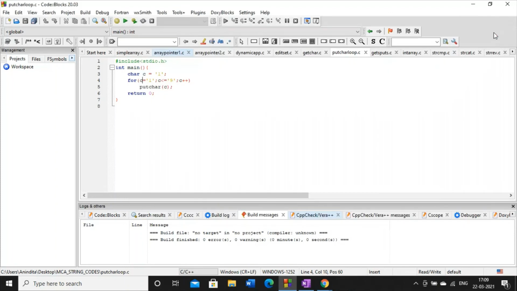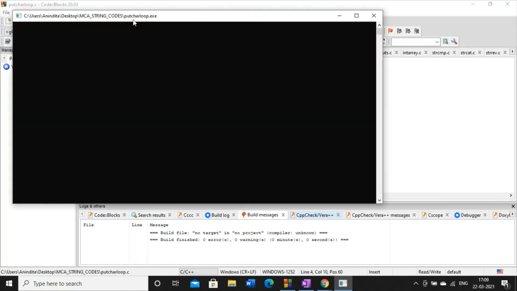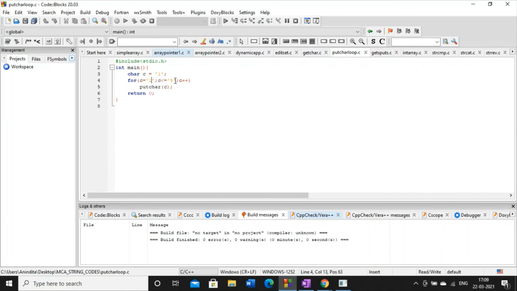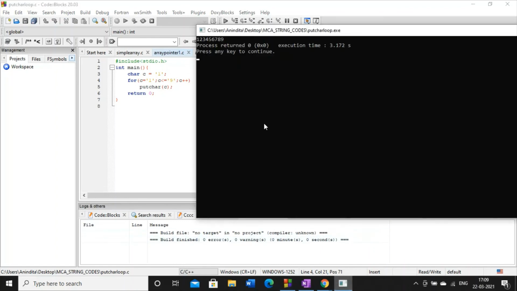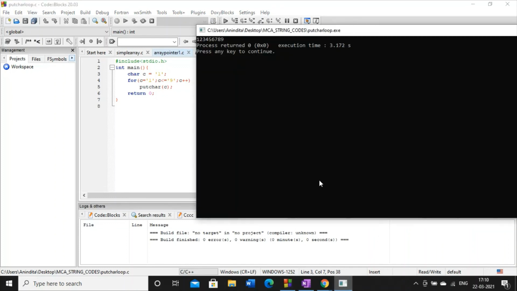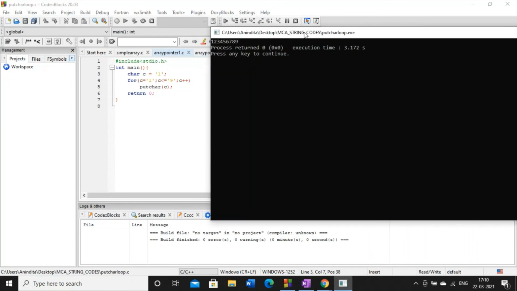This is another important question. So here what happens, it will print 1, 2, 3, 4, 5, 6, 7, 8 up to 9. So starting from 1, it is printing up to 9, right? So my question here is, what is happening inside? Means here I am taking an integer, but the variable is of type character. But again it is printing some integer. Why? It is not an integer, right?